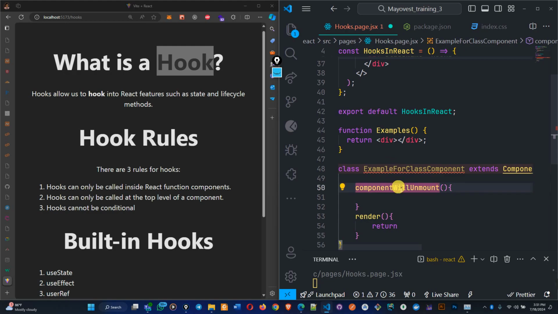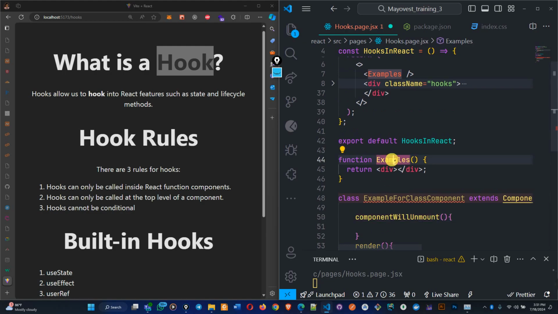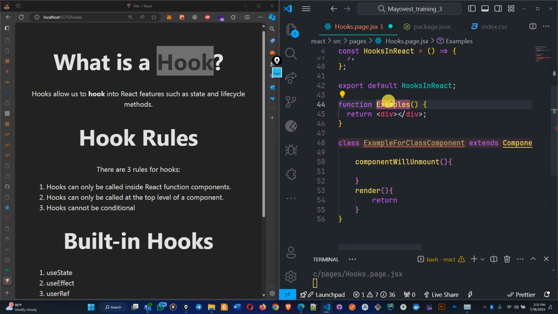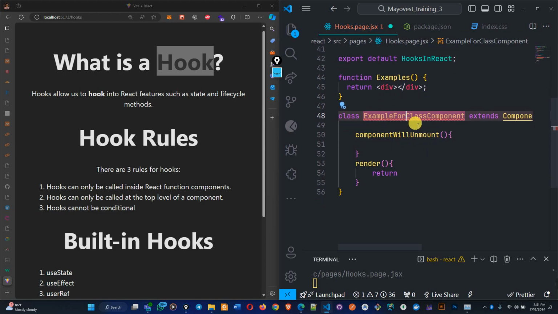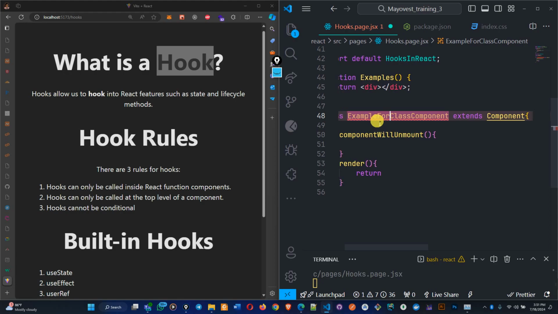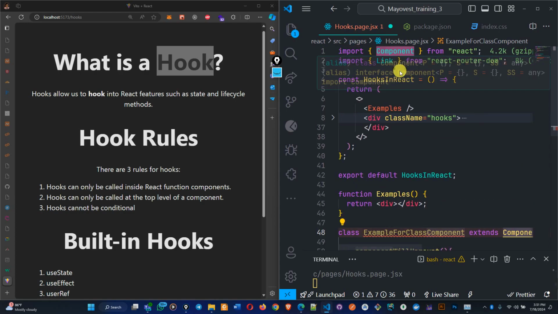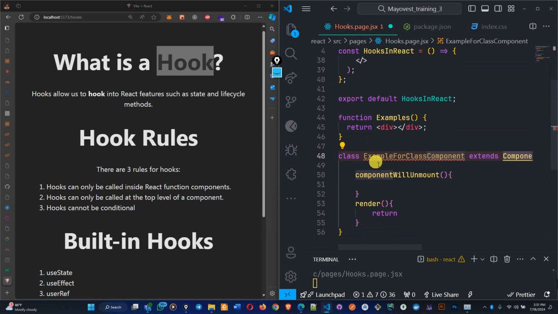But all this functionality here, we don't have it with our function and our component there. So this is the class component and this is the functional component. When you're creating a component using function, we call it a functional component. And when you're creating a component using class, then we have this class component. As you can see, you have this functionality here of extending another class, and this class is coming from React. As you can see, it's being imported for us here, and this class already defines some stuff